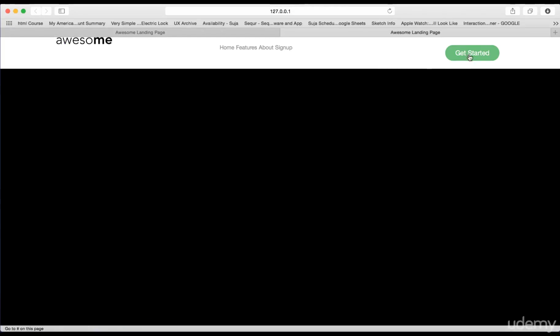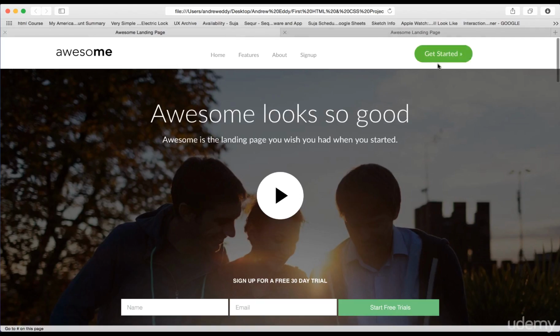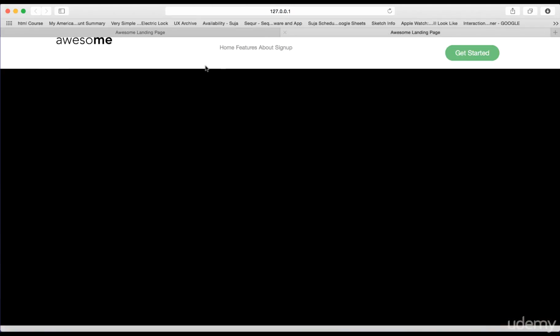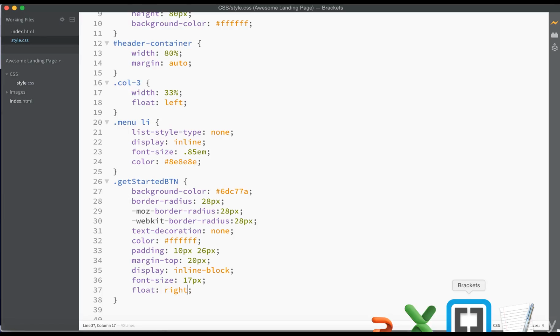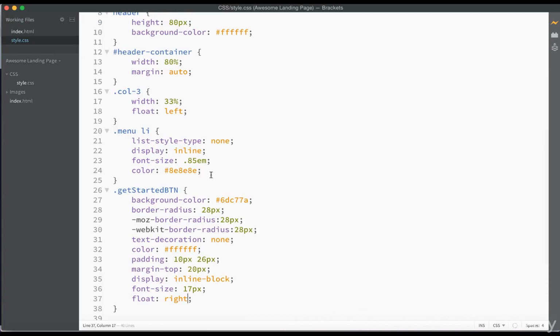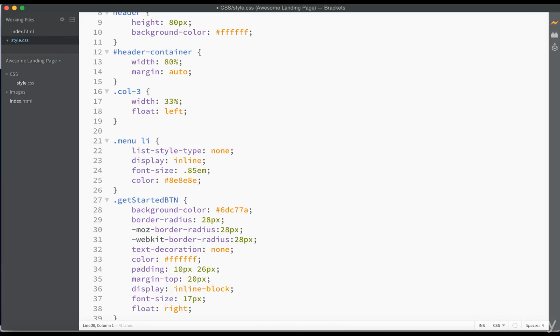Okay, there we go. So now we have our get started moving all the way out to the right. That looks pretty good. We need to change our home, features, and about sign up. Let's go back in and change that as well. Okay, so let's go back up to our menu LI, and before we do that, let's give the actual menu itself a style,